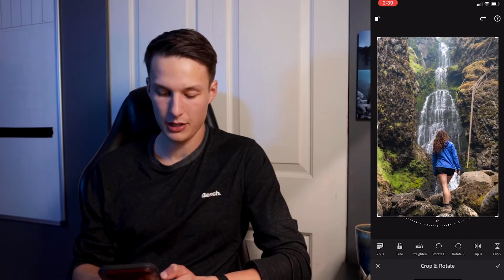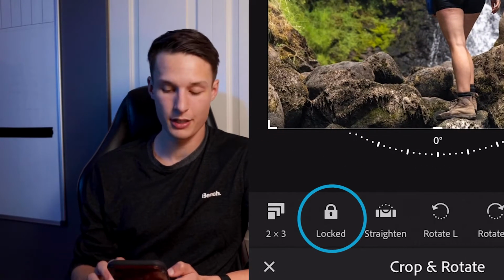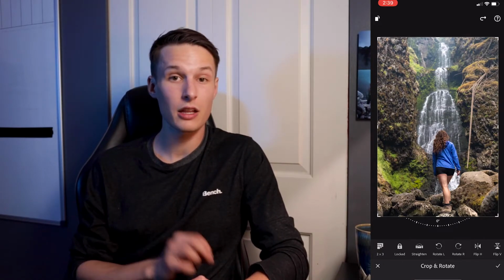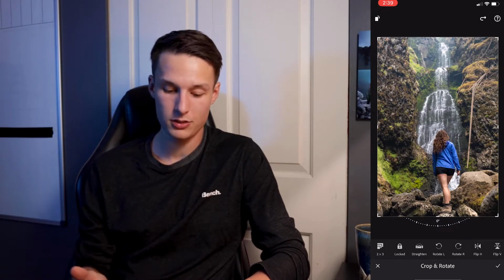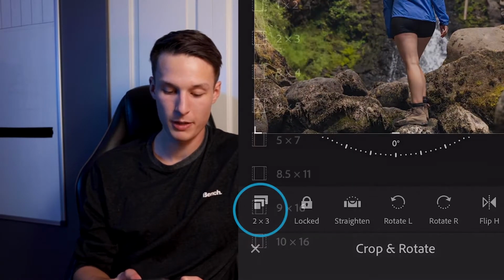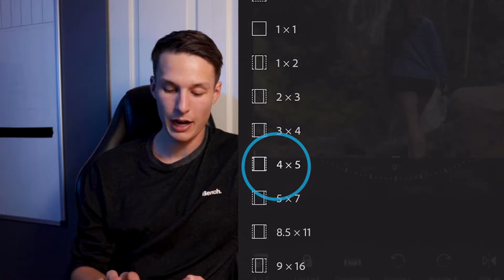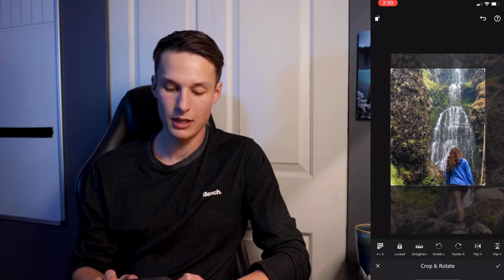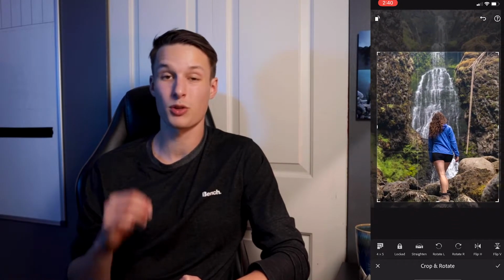However, if I press on this lock icon, now you see it's locked. If I go and try to change this, I cannot independently change those values. Instead, it is locked in the same aspect ratio. So if you have a particular aspect ratio that you want to be using, for example, a 4:5 crop for Instagram, then using the locked option can be useful because you can click on the preset options here, choose a 4:5 crop, and then with a locked aspect ratio, you can easily resize and position your crop to perfectly fit